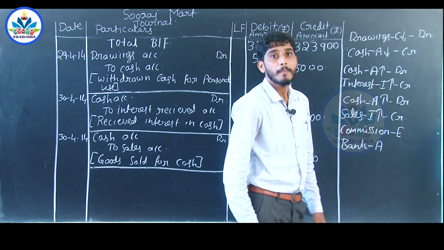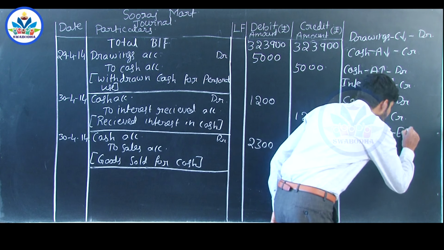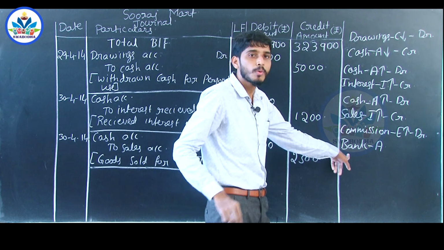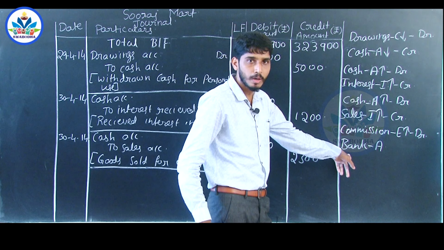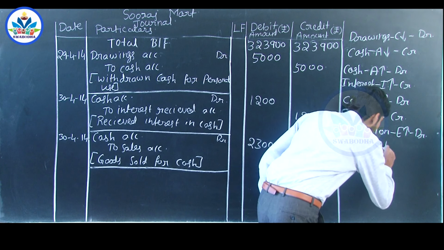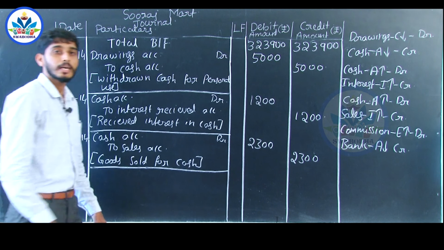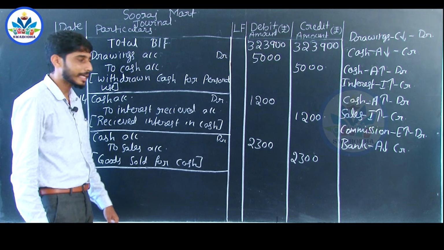Whenever you make the payment of commission, your expenses will increase. Increase in the expense has to be debited. Bank account is an asset, you are issuing a check, to that extent bank balance will come down. Decrease in an asset has to be credited. So, the journal entry will be commission account debited to bank account.